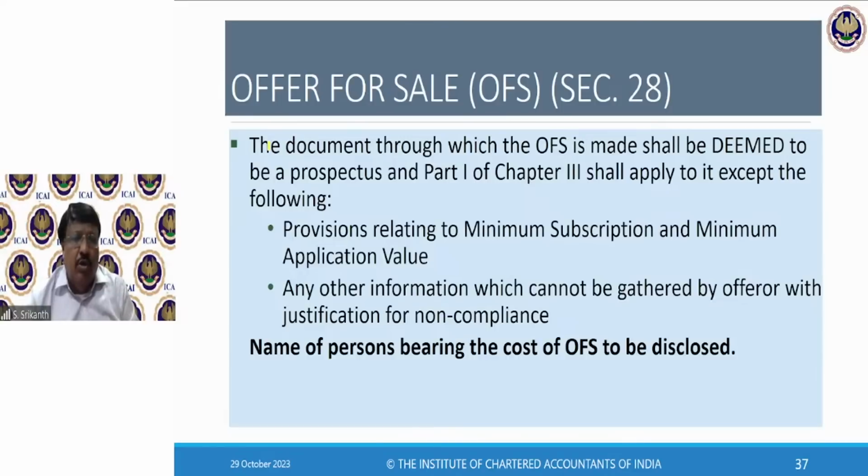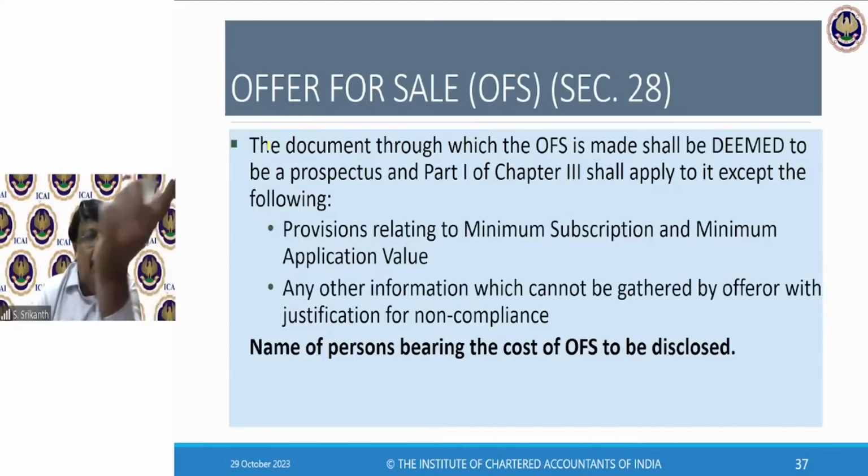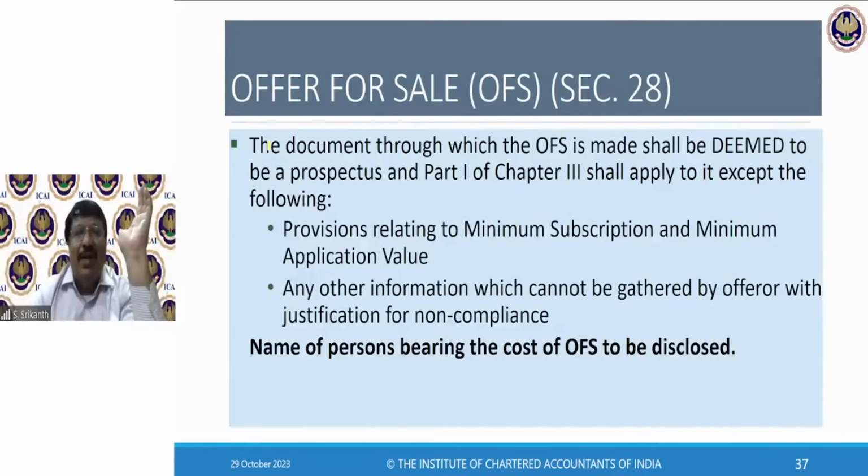So escrow. The money received from the public will not be taken by the company or promoters till all conditions are satisfied. Once SEBI has cleared, only then will the merchant banker instruct the bank to release the escrow. Then the money will come to the company. Similarly, the DP will be holding these shares in escrow from the promoters. The minute everything is satisfied, the shares will be transferred to the applicants.